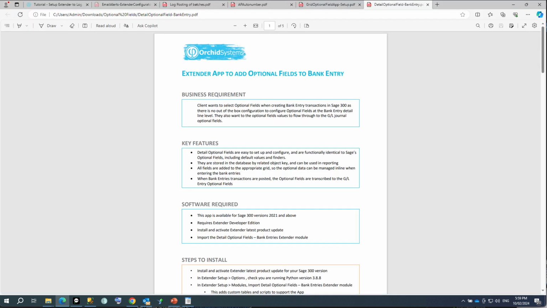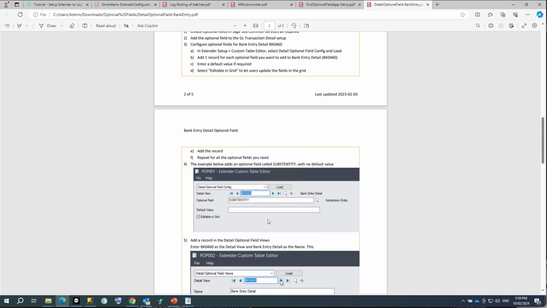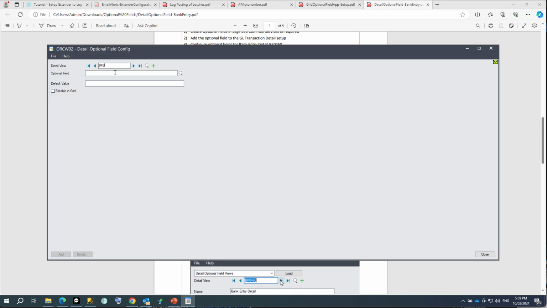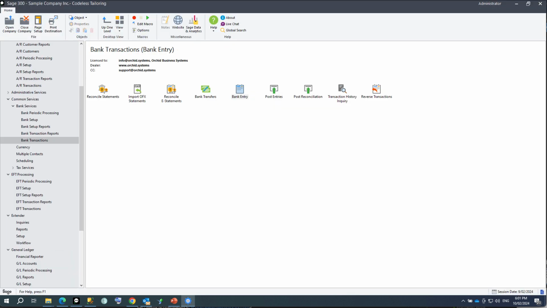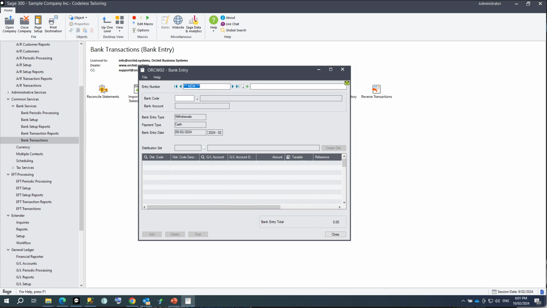The steps are documented in this PDF, and it tells you to add your optional fields to the BK0460 view, which is the bank entry detail view, and then you select the optional fields you want to do. So in our case, I'm going to add the sales rep optional field to bank entry BK0460. You always need to restart when you add a new screen script to make sure that the screen now opens with the script enabled. I'm going to create a new entry with the sales rep, select a bank,